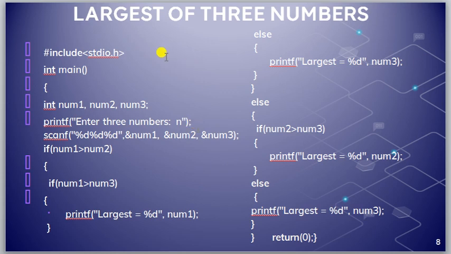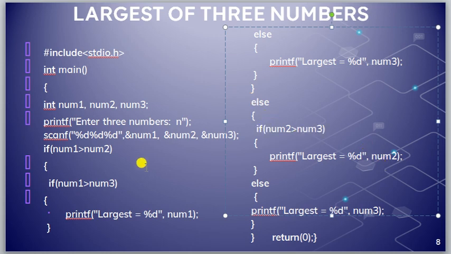So here also we can see that we are inputting three numbers, num1, num2, num3. Declaring first, then reading those numbers, and first checking num1 greater than num2. Then if it is true, we again check num1 greater than num3. Then we will print num1 is the largest. Then if num1 greater than num2 is true and num1 less than num3, then we give largest is num3. Okay, and if this condition is false, then it will go to the else part of this if, that is here.